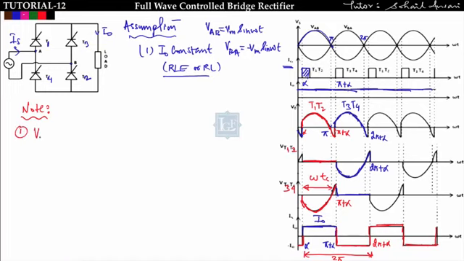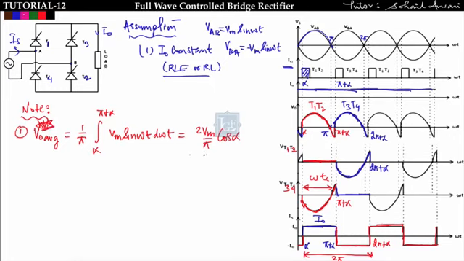First, find the average output voltage, V0 average. The waveform is like this. So for the average output voltage, the time period of output voltage gives 1 upon π, and it is conducting from α to π + α, Vm sin ωt d(ωt). Find this, you will get 2Vm upon π into cos α, and this is the most important relation of output voltage. Most of the questions are framed from this average output voltage, that is 2Vm upon π into cos α, in the full wave controlled bridge rectifier when I0 is constant.